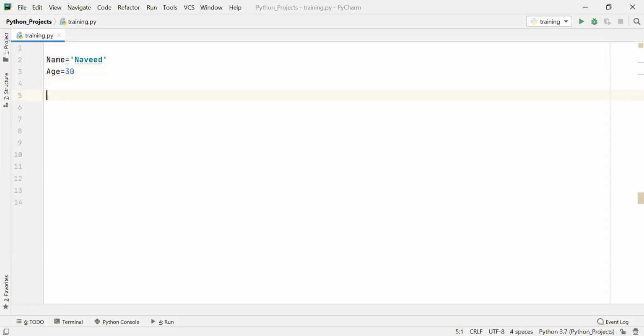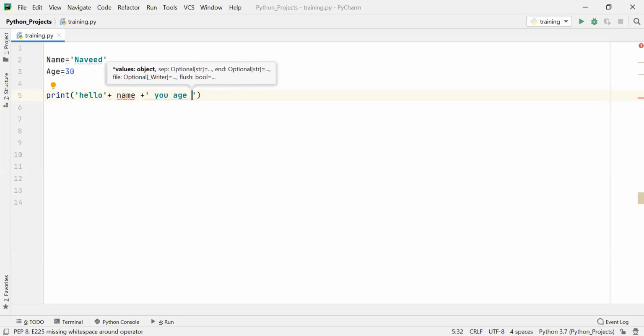Now what I'm trying to do, in different versions, is format the string. Let's say this is my requirement: print hello, plus name, then plus, let me give it with a space, that would be better, plus your age is, then plus, then I have to convert age into a string format.